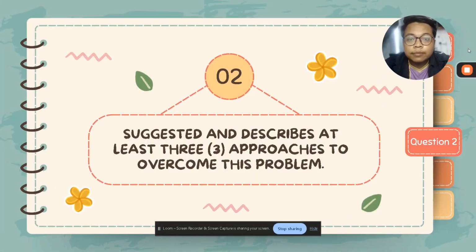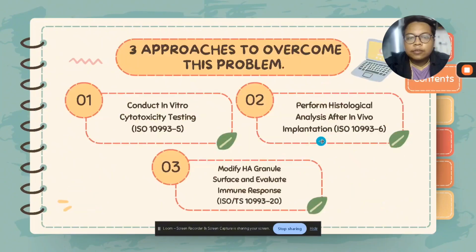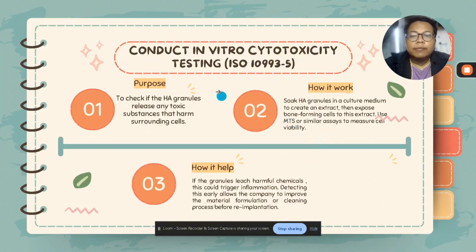My name is Muhammad Saiful Nazmi bin Syahidan. Today, I will present my case study about the bone scaffold. The question we present now is question number two, which is suggest and describe at least three approaches to overcome this problem. So, the first approach is to conduct in vitro cytotoxicity testing according to